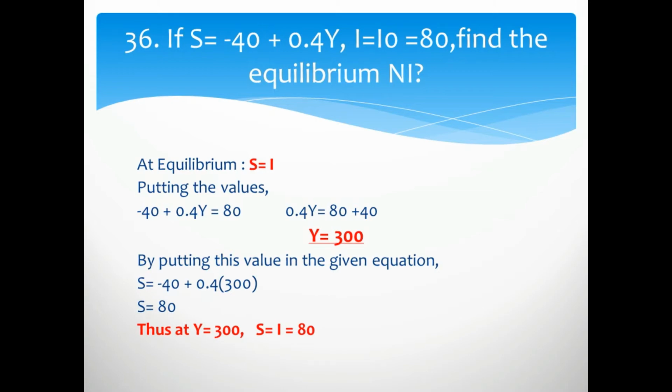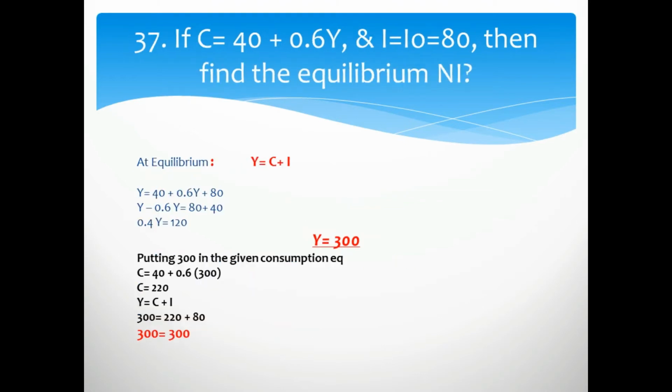national income. You see here the function is in saving form, and when we deal with saving and investment, we start with the equation that saving is equal to investment. So we put this information in saving is equal to investment, and we get the equilibrium national income, Y equal to 300. When we put this Y in the given saving function, we also find the exact figure of saving, that is 80, and we see that it is equal to investment, which is already given, that is 80.